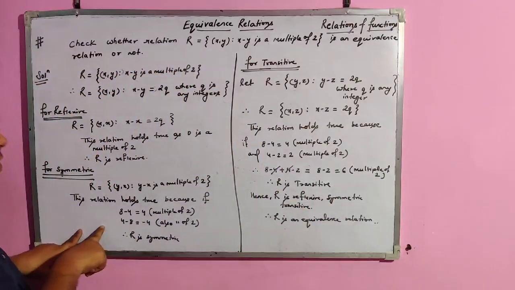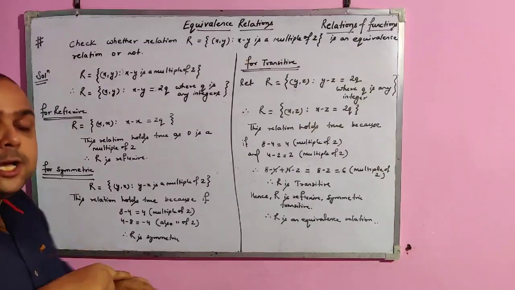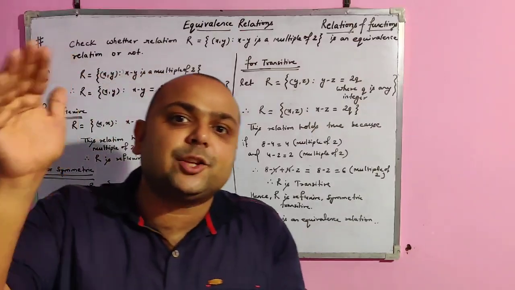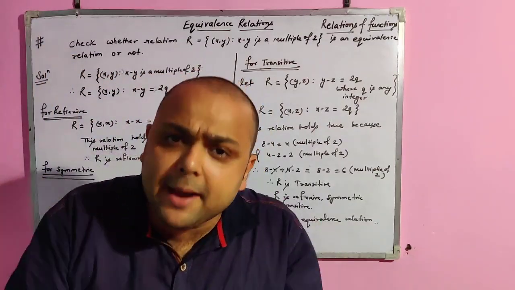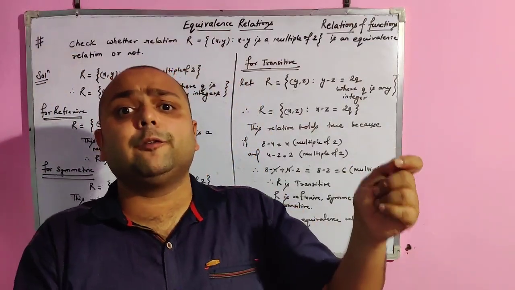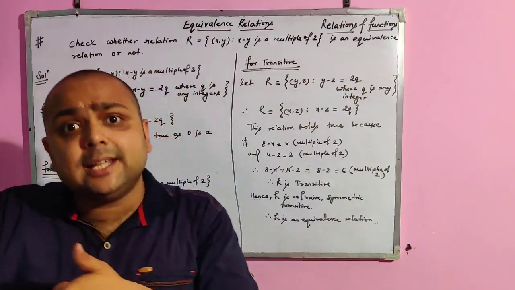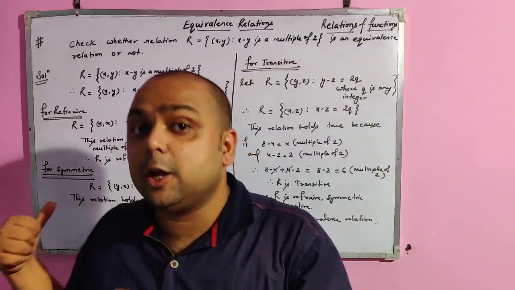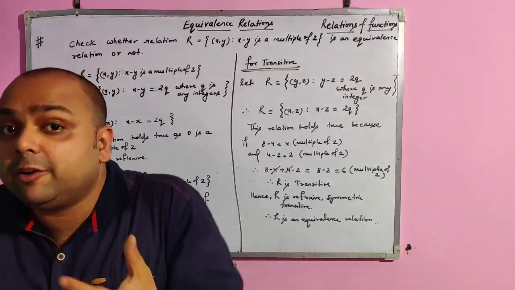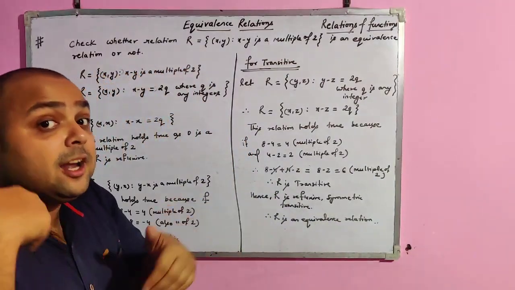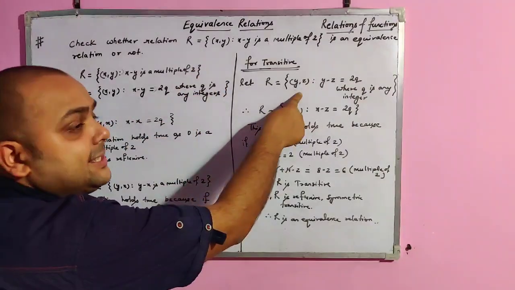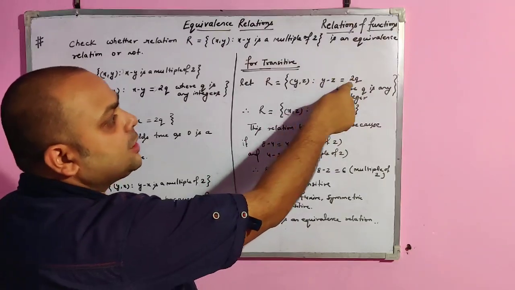So this relation also holds true because if x and y are the terms such that x minus y is a multiple of 2, y minus x must be a multiple of 2, whether it comes in the negative form. Then this relation holds symmetric. Now for the last, transitive, I am going to take another number. Like here we have x and y, I have taken (y, z) such that y minus z is equal to 2q,